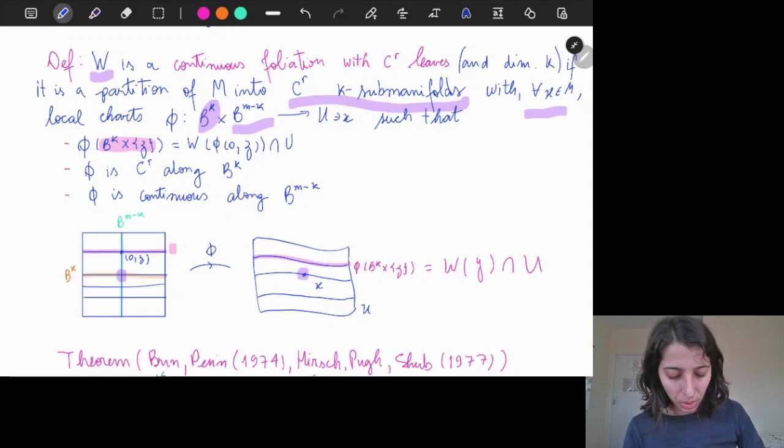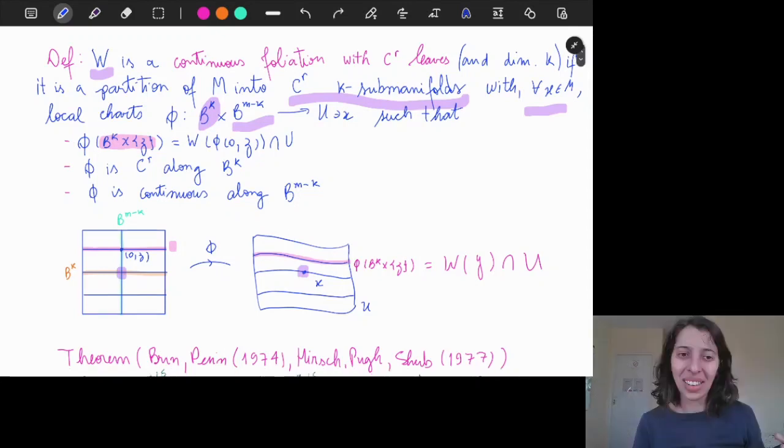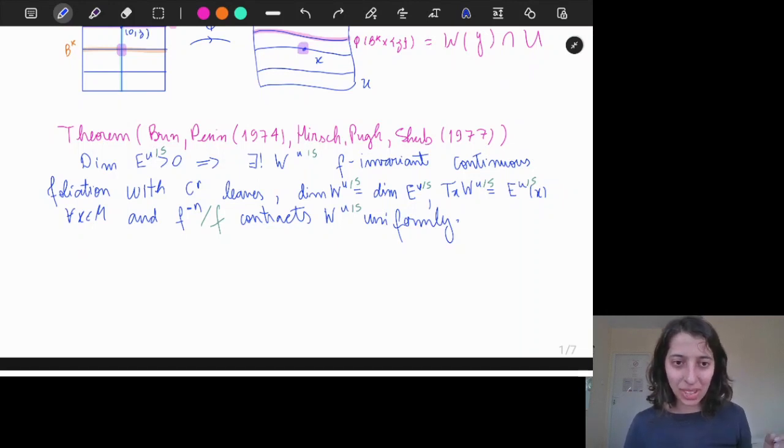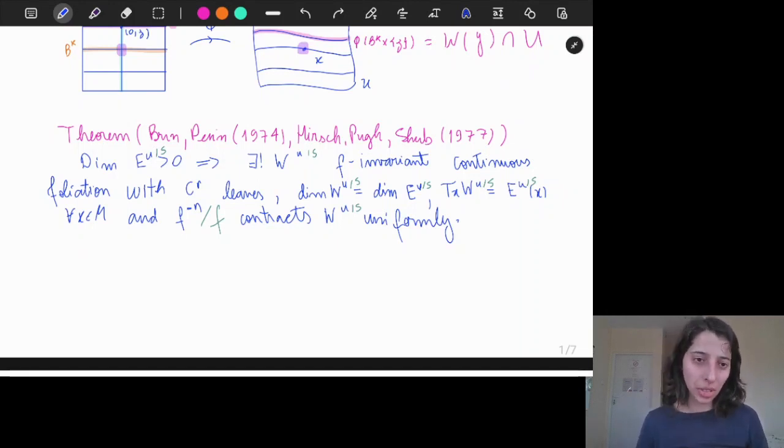This may seem like a weird definition if you already saw a definition of foliation from geometry, but this is the kind of leaf that arises in this context of partially hyperbolic maps. And this is a theorem that says that everything here works for the unstable, with the green comments here in the statement. So I will announce it for the unstable direction. If the unstable direction is non-trivial, that is, in your dominated splitting, you have a direction with uniform